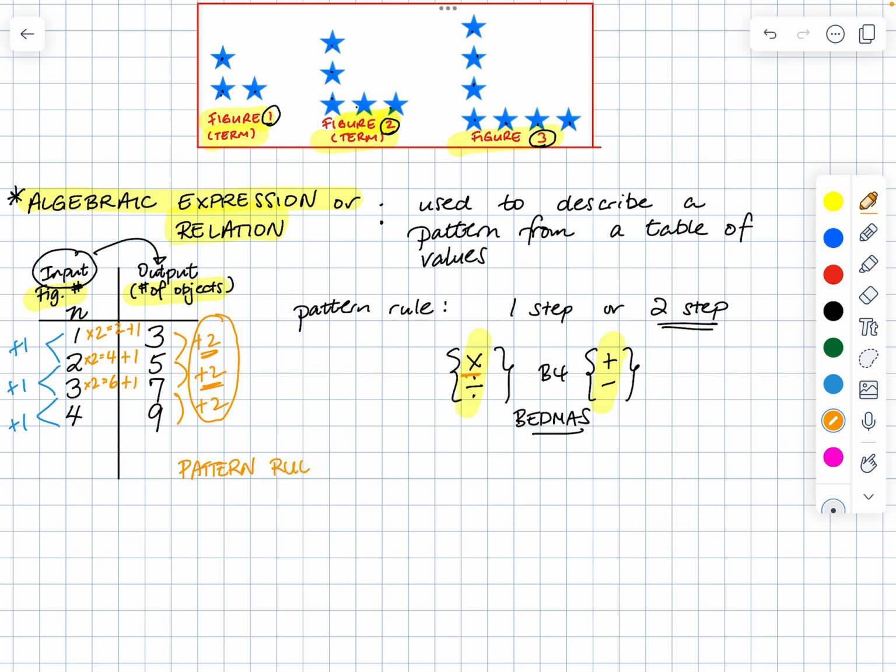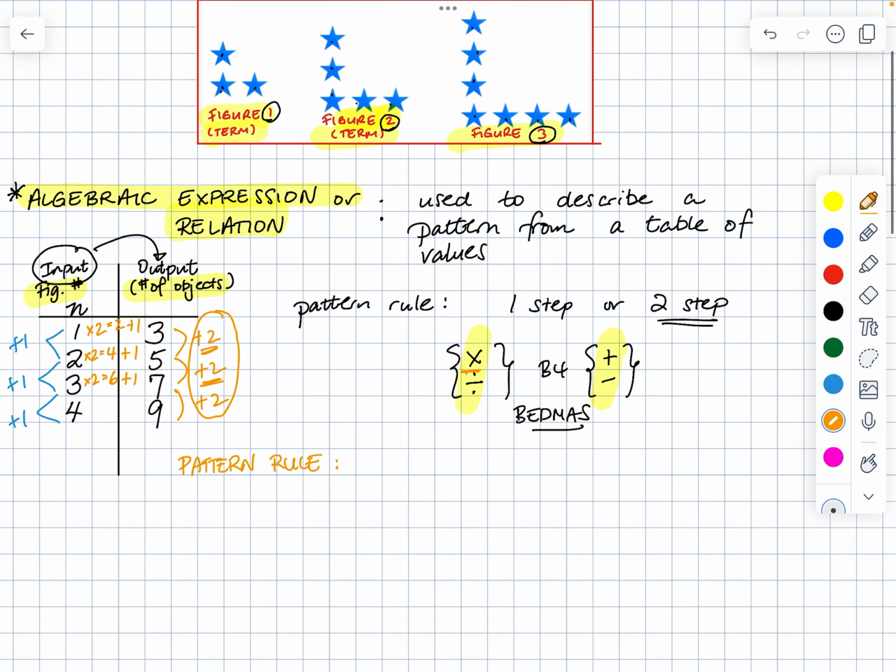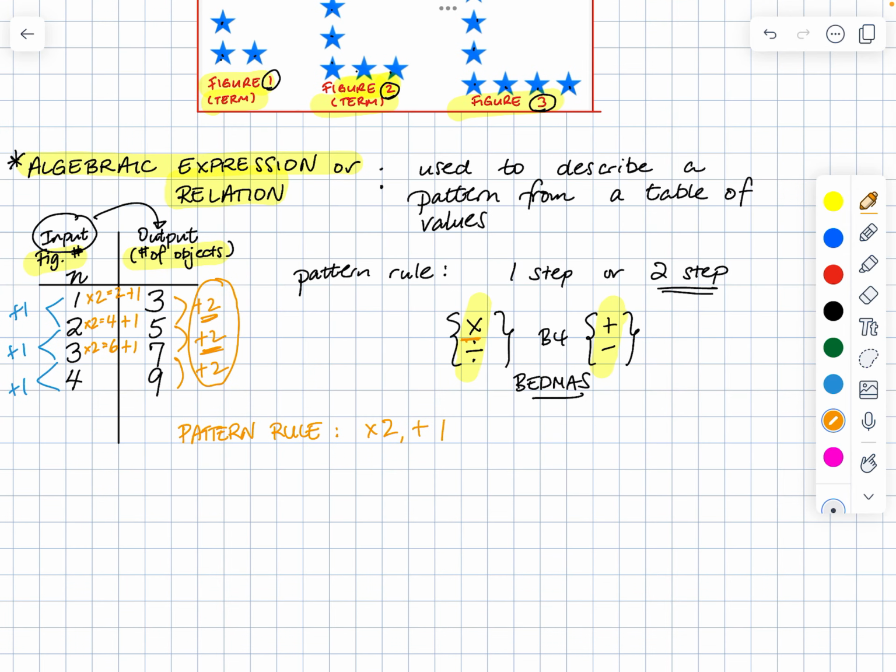Okay, so we know that the pattern rule, and again, this is from what we did earlier this year or in grade 6, is going to be you're going to multiply by 2 and then you're going to add 1. Okay, so meaning you're multiplying the input by 2 and add 1. So to describe it in words,